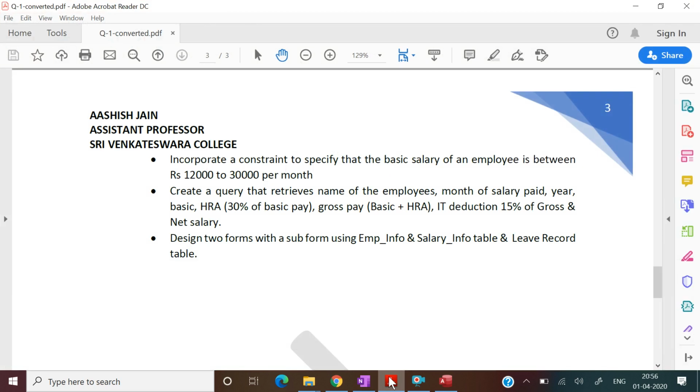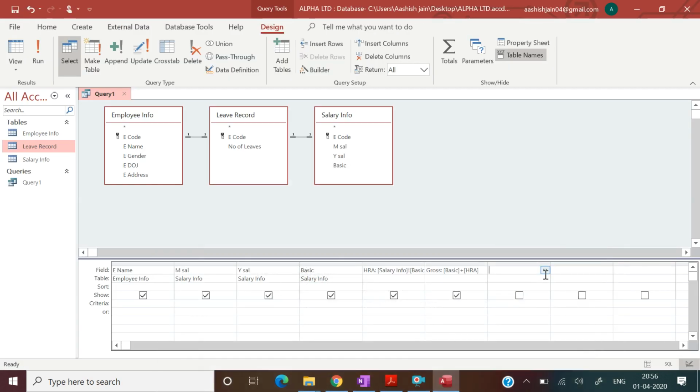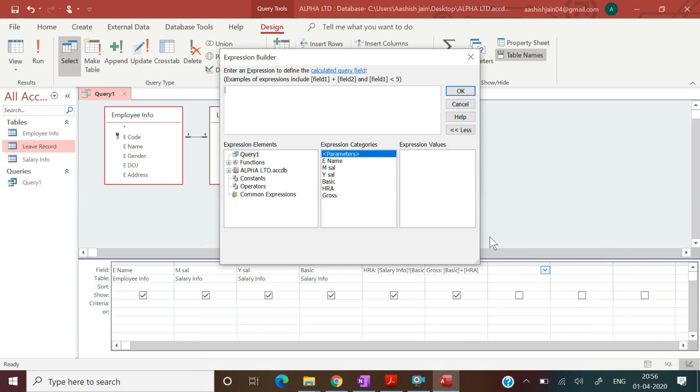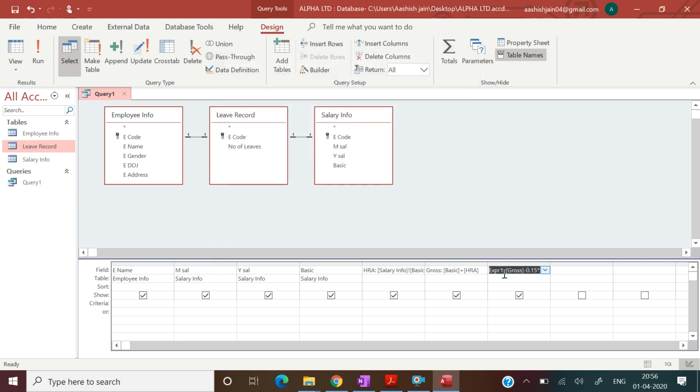we also have income tax deduction, which gives the net salary. So we need to create a build up. Net salary is 15% of gross salary. So how do we calculate this? Gross minus 15% of gross. Okay, so net salary will be gross minus 15% of gross. We will get net salary. Press OK, then give a name here, net. Press enter and then Ctrl plus S.